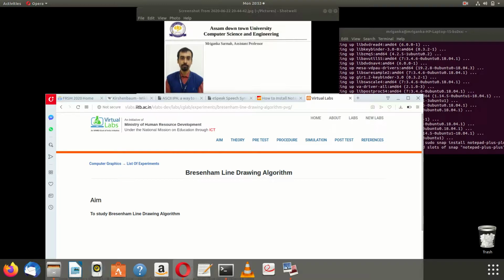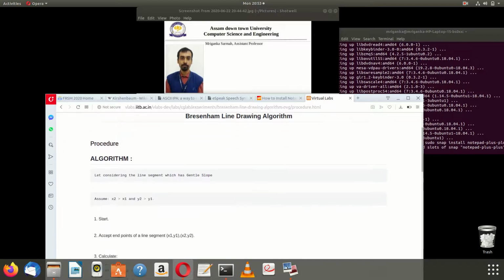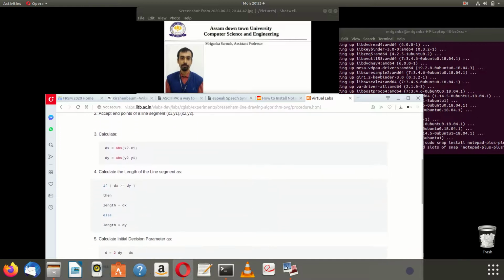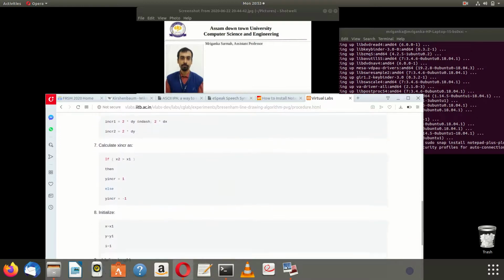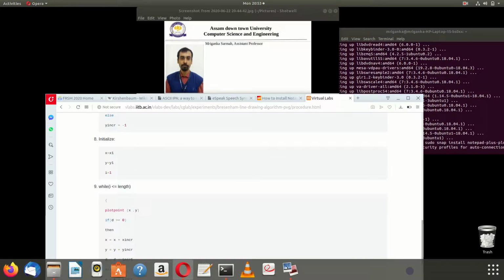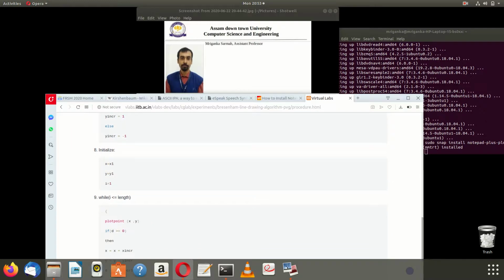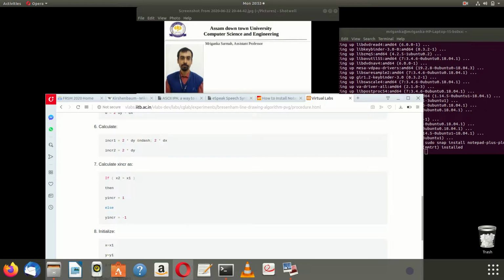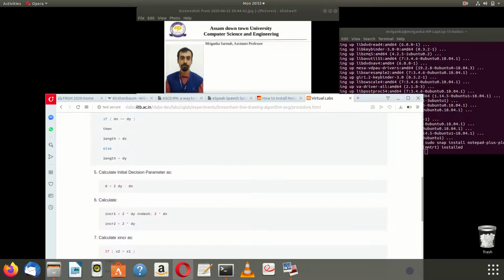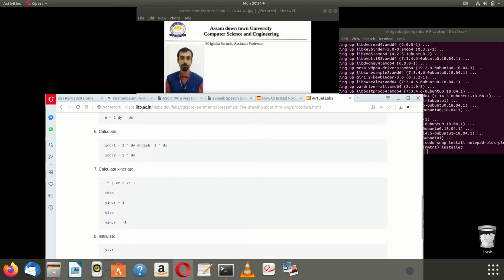The procedure for the Bresenham line drawing algorithm, let us see. So what is the Bresenham line drawing algorithm? In this algorithm, we will assume that our x is always going to be on the incremental side, that is, whatever is the scenario, the x direction is always going to increase. But with respect to y, the fractional calculations are going to be done in this case.